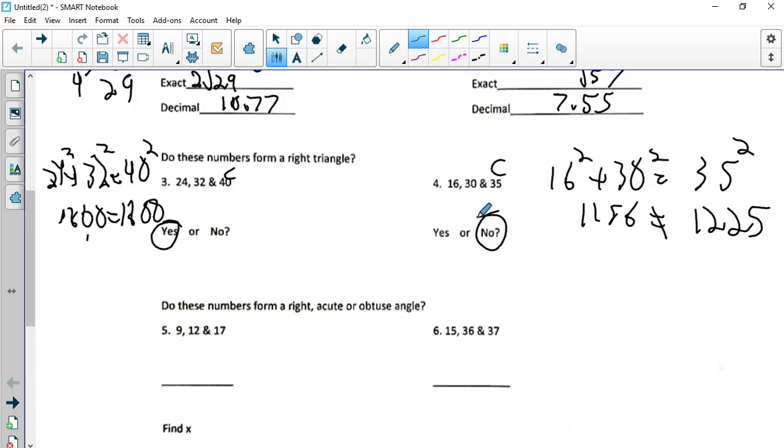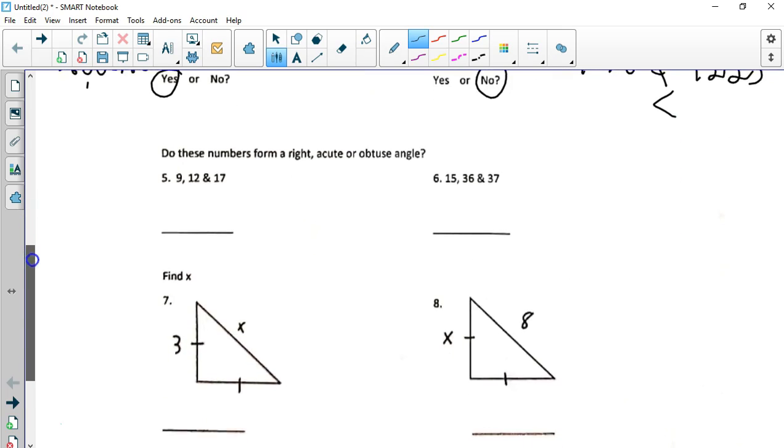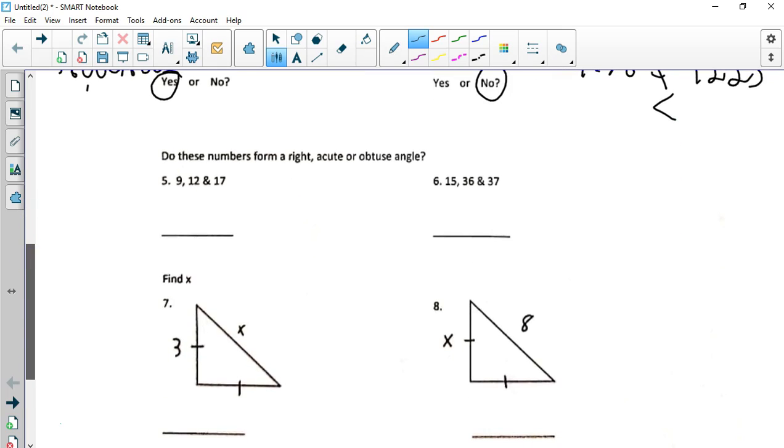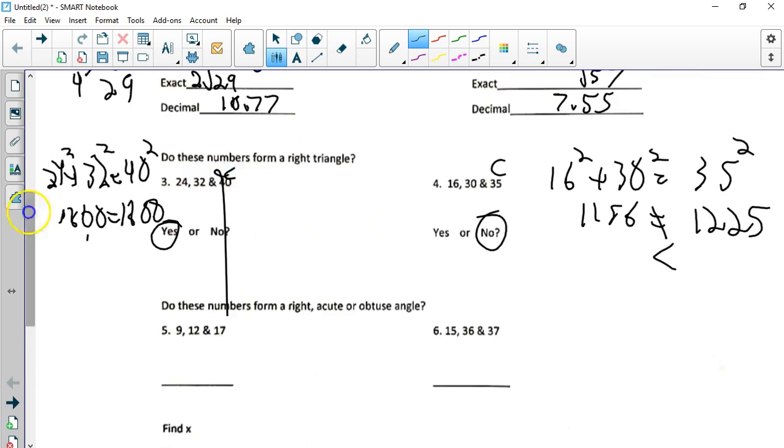Now, just jumping ahead, what we're going to be doing here in 5 and 6, since c squared is larger, that would actually make an obtuse triangle. Just a little foreshadowing. So, write acute or obtuse. Let's try it out. Remember, biggest number,